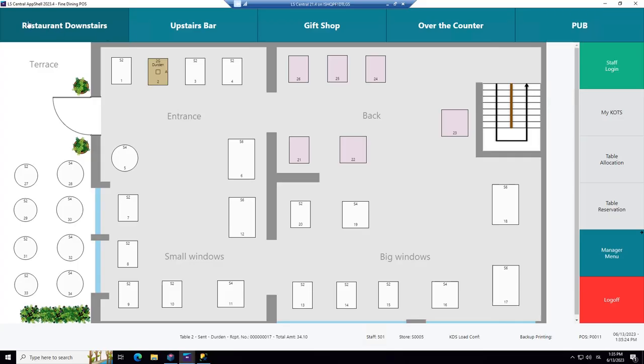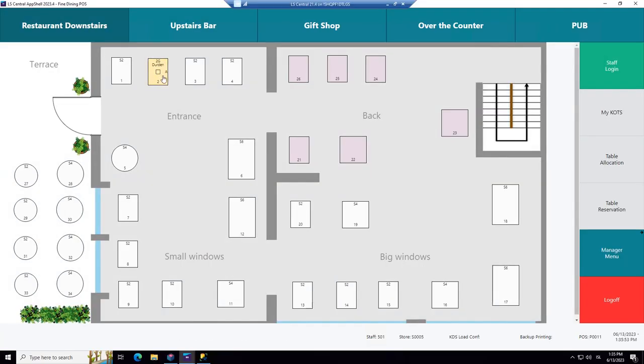So in the restaurant downstairs, we control it so that when we exit the POS, it is not sent automatically. It's in the hands of the waiter when he wants to send it. And the waiter usually wants to do that. Of course, that can be different between restaurants and cultures or whatever, but this can all be set up and configured. If we refresh the screen now, you see it's yellow.